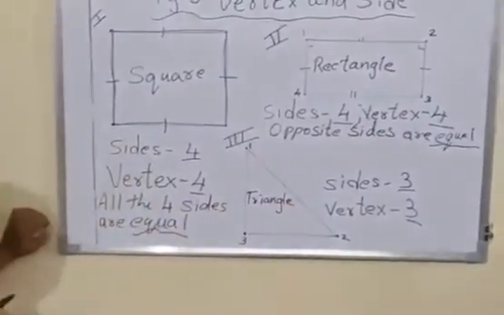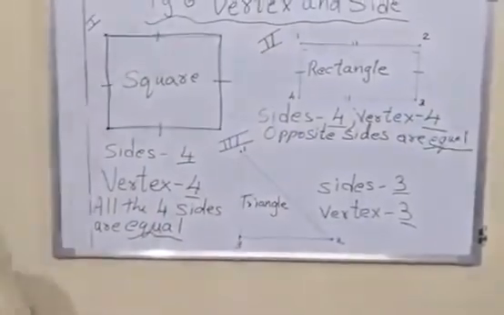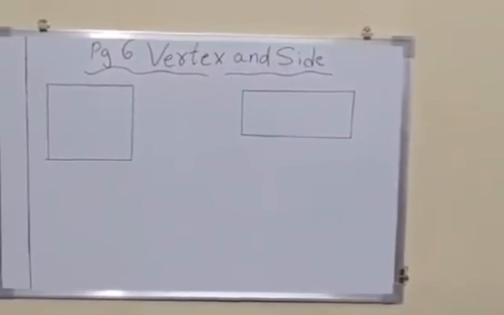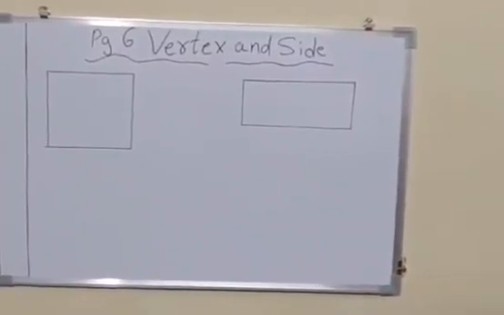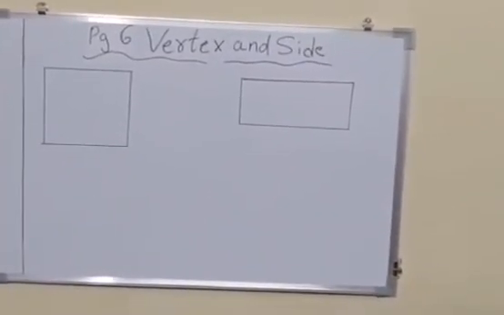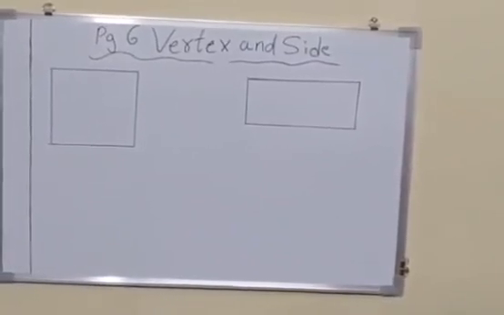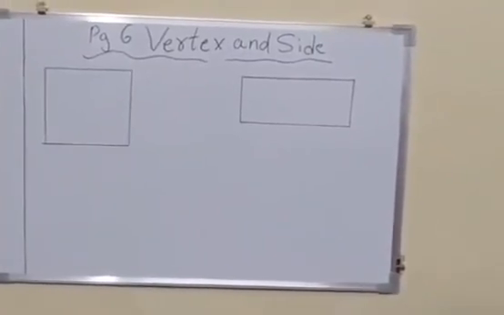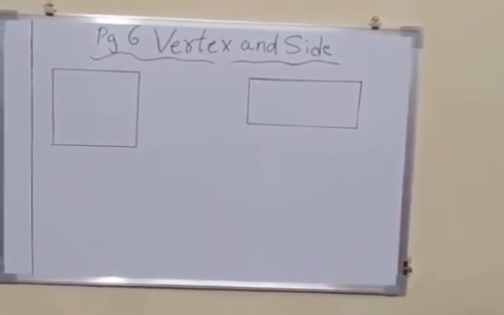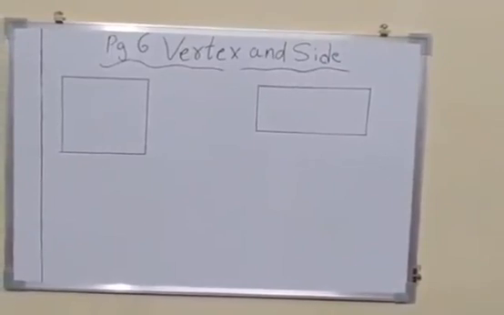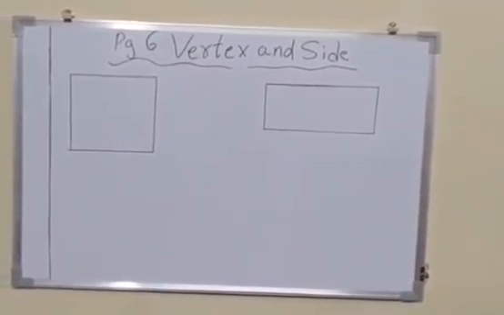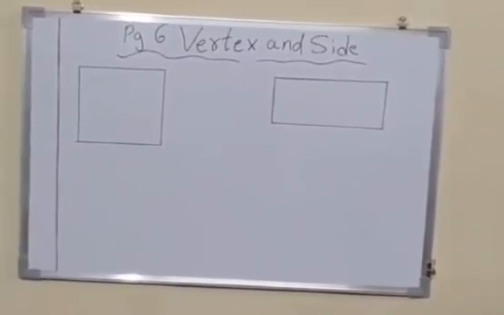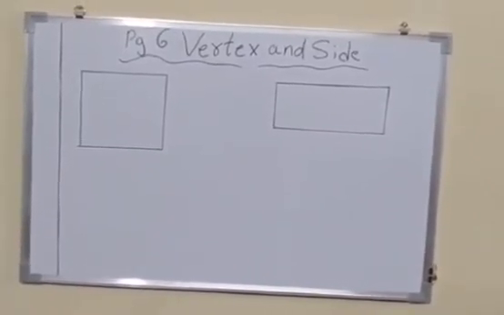So all of you children, now that we know about the vertices and sides, let's see how to name them. A square has 4 vertices. We can give them any name. Normally we start with the letter of an alphabet and go in series. That is, if you start with A, then it will be B, C, D. If you start with P, it will be P, Q, R, S. If you are starting with L, it will be L, M, N, O. In this way you go in the series.